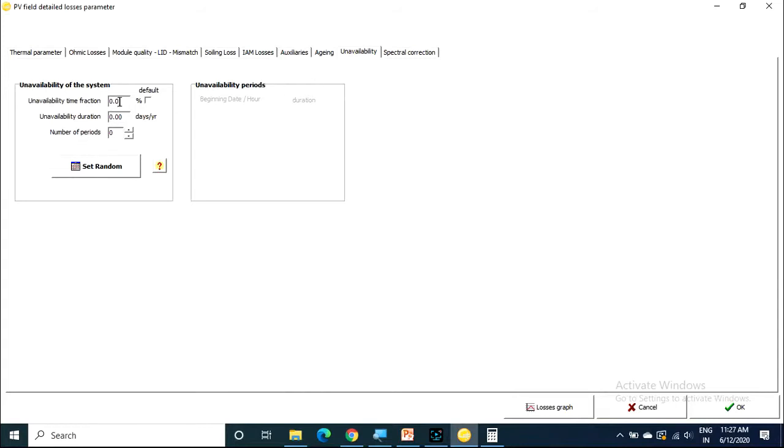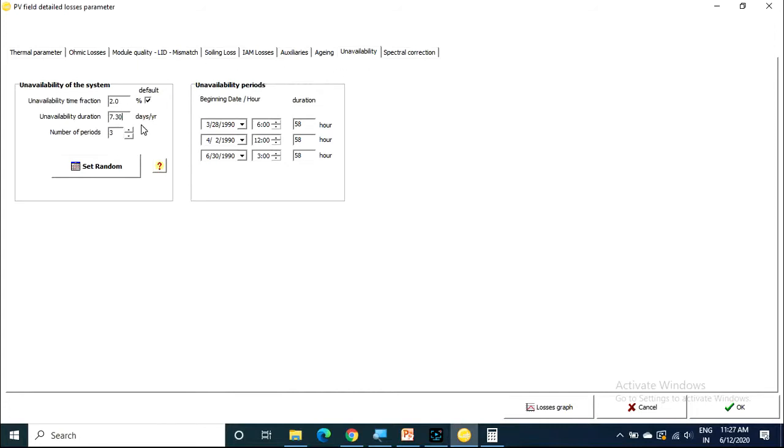So here you can choose in a year how many days it will be under maintenance or unplanned. I will choose unavailability duration of 2 percent, and the unavailability duration is per year. When I enter 2 percent, then in a year 7.3 days it will be outage. Per year.